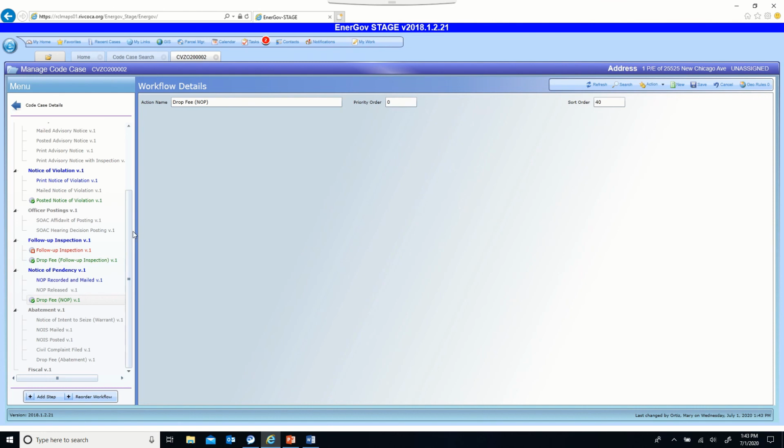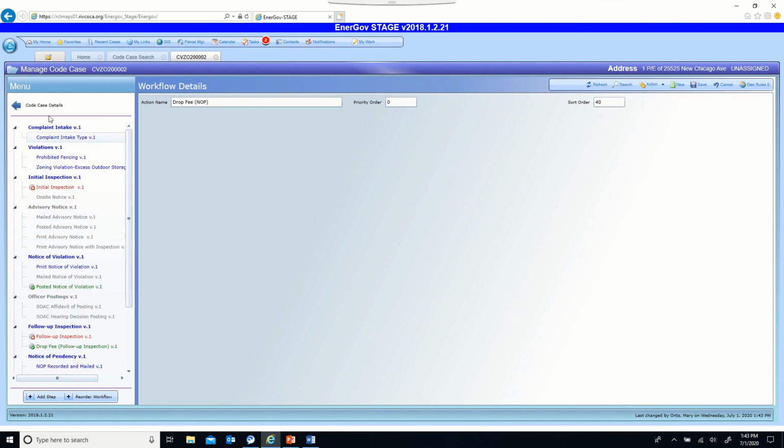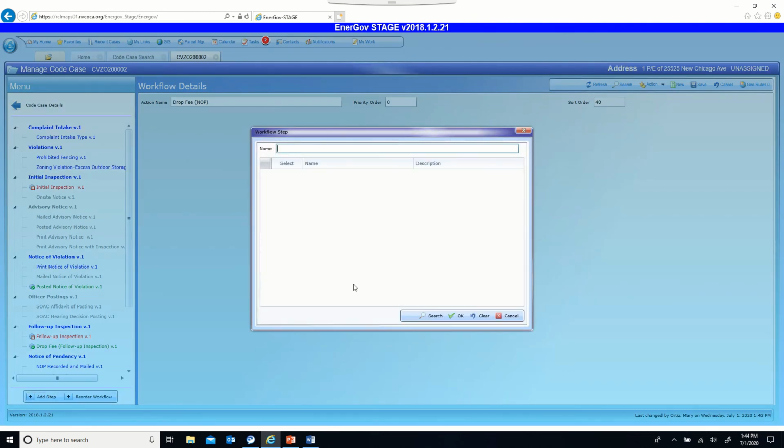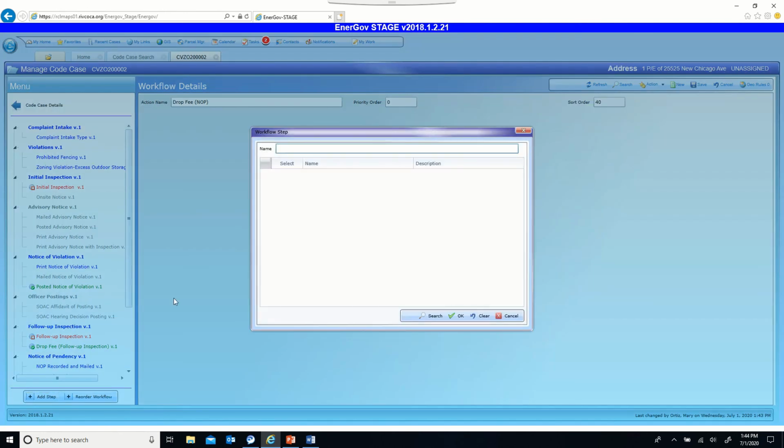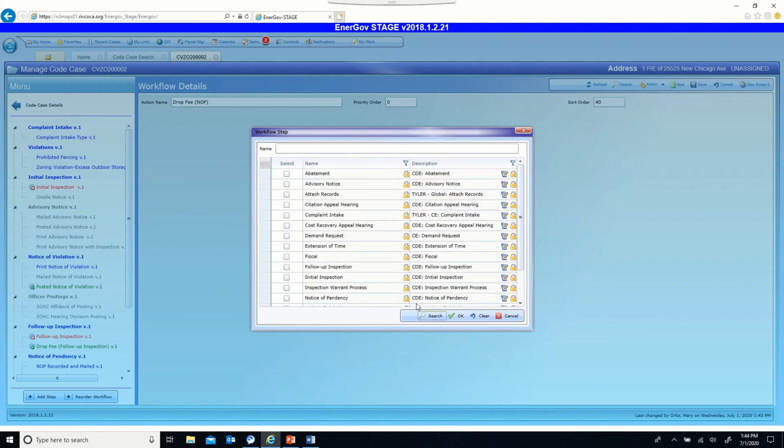Now, when we look back at our user manual, we'll see that there were some items in here that were available to us, but we don't see them. So if we're looking for something we think should be available to us and we don't see it, let me walk back through that, go down to the bottom of the menu and click on the Add Step plus sign. And if you know what you're looking for, you can type it into the name field. If you don't, you can just hit search. Anything that's available to you is going to come up,